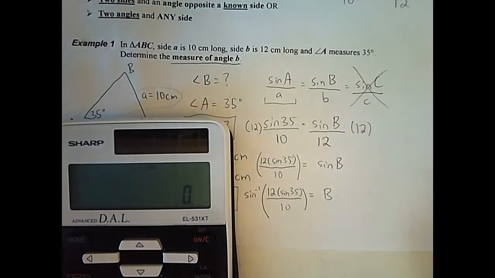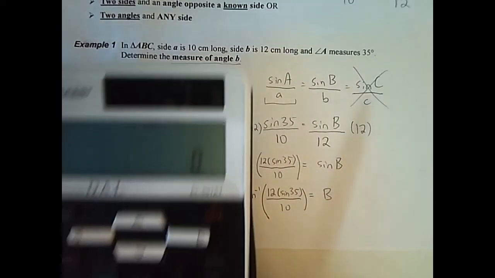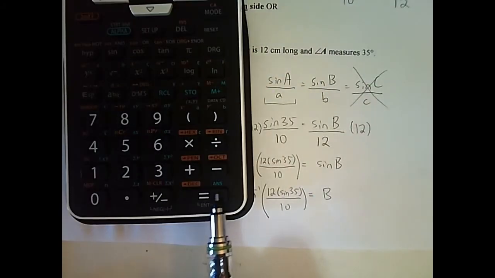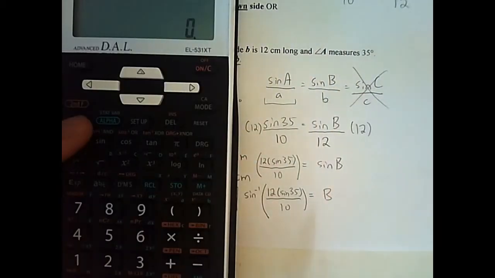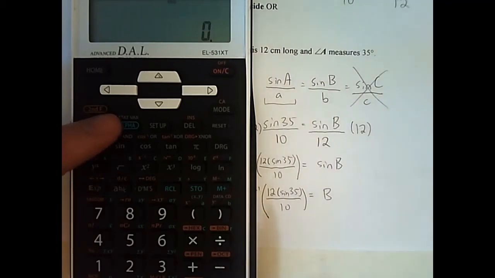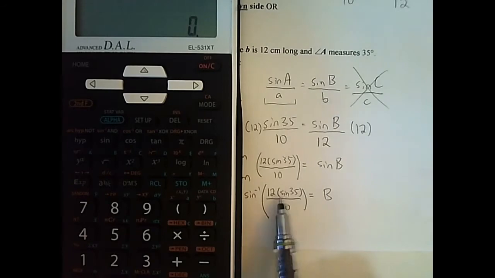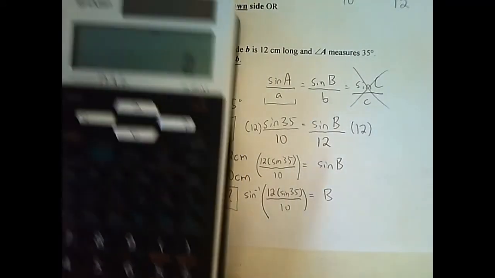So what I would do is BEDMAS, working outwards. And I have a button that lets me put my last answer into the calculator. I see the button that says ANS, that means answer, and that's a green button. So for me, I have to press this alpha button. It's kind of like our second function button. Everyone's calculator is a little bit different. If you want to turn this to a decimal and then use the sine -1 function, then you can do that too. So let's do